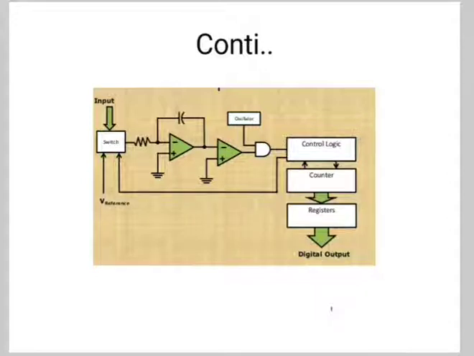Now the ramp generator starts with the initial value of minus Vs and increases in the positive direction until it reaches 0 volt, and the counter gets advanced. When Vs reaches 0 volt, the comparator output becomes negative and the AND gate is deactivated. Hence, no further clock is applied through the AND gate. Now the conversion cycle is said to be completed and the positive ramp voltage is Vs equal to V reference by Rc into T2, where V reference and Rc are constant and time period T2 is variable.